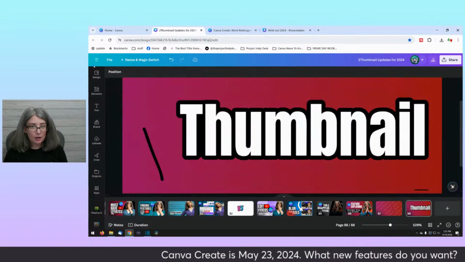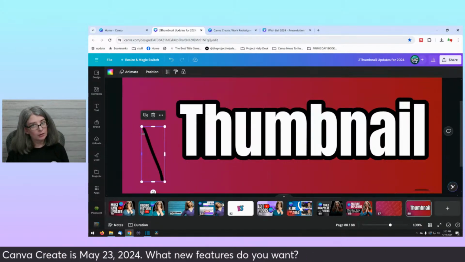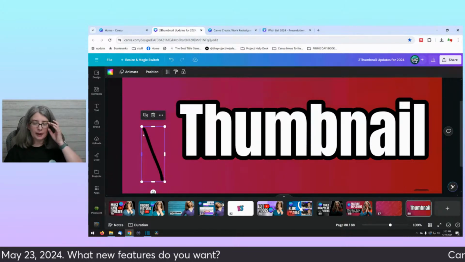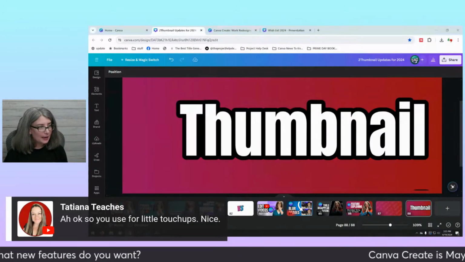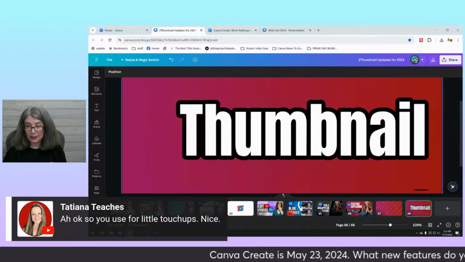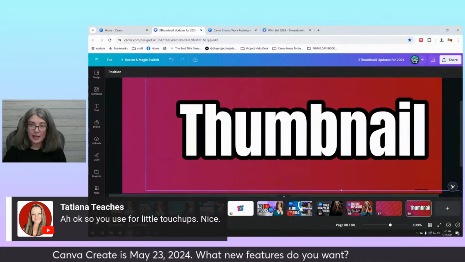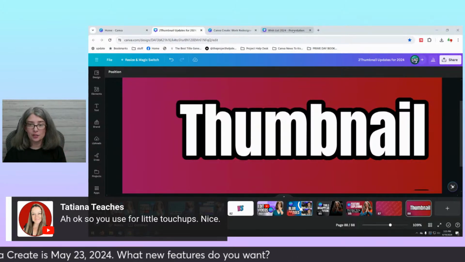It's not there, but it was still drawing. But yes, I use it for little touch-ups. Some people use it for other things, but I love to use it for touch-ups.